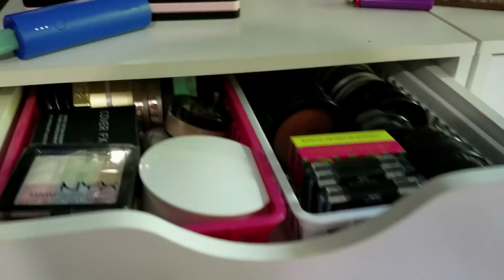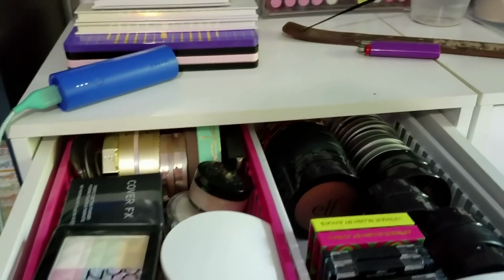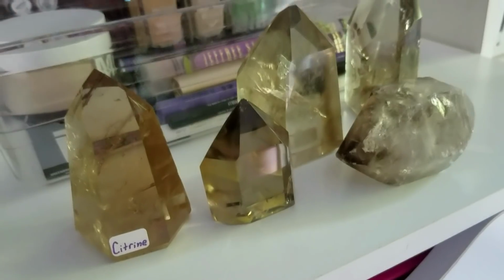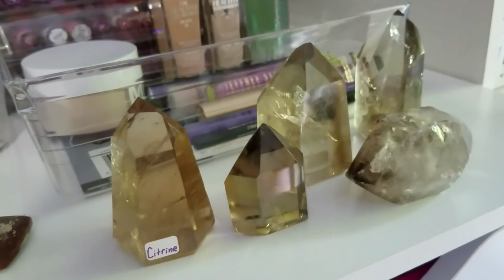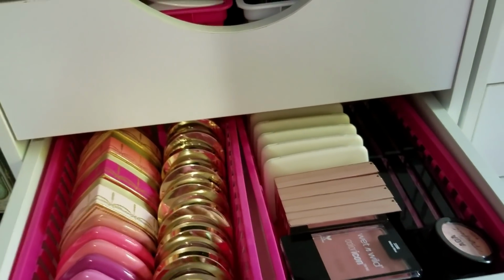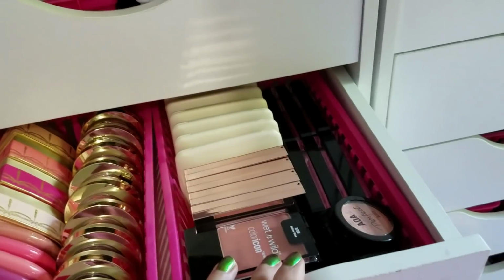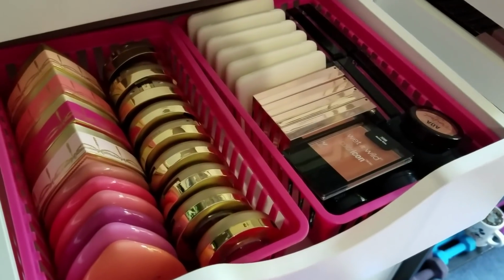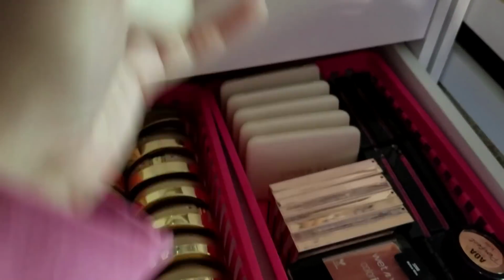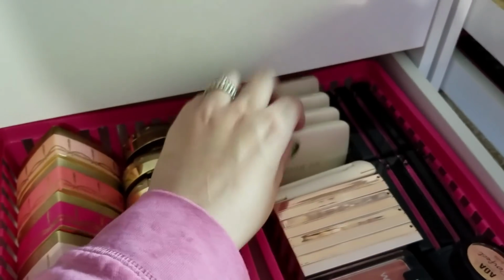All right, I apologize if the lighting is honestly not the best. That's just what we're working with. There's my incense. There are my babies. I mean, look at these. These babies are so pretty. So let's start off maybe with some blush. I think I'm going to pull out some Cover FX, believe it or not. I'm going to pull out Spiced Cinnamon,